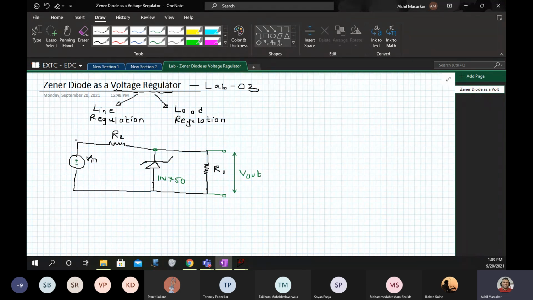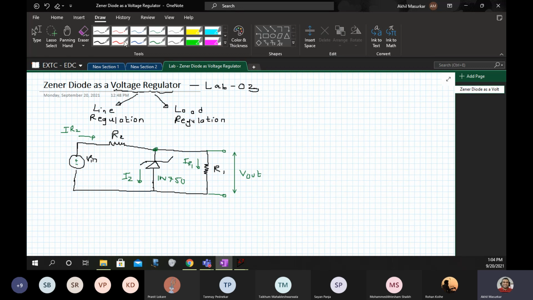We have a component of current which will flow through resistance R2, so I will say IR2. Then we have a component of current flowing through the Zener, I will call it IZ. And what flows through R1 is IR1.